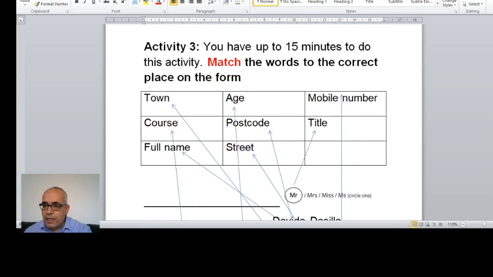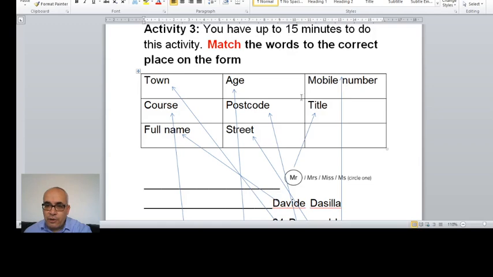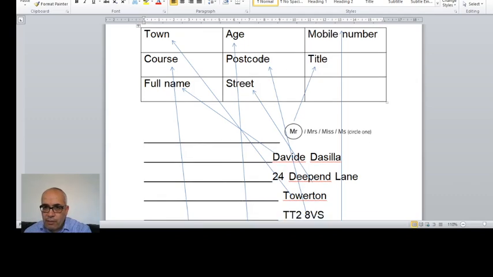This one is very easy. This is match again. You have to draw a line. Match the words in the boxes to the correct place on the form. And if you look here, I can show you. So town, you match it with town. So town is Tiverton, and title is Mr. Postcode is this one here, as you can see. Postcode is